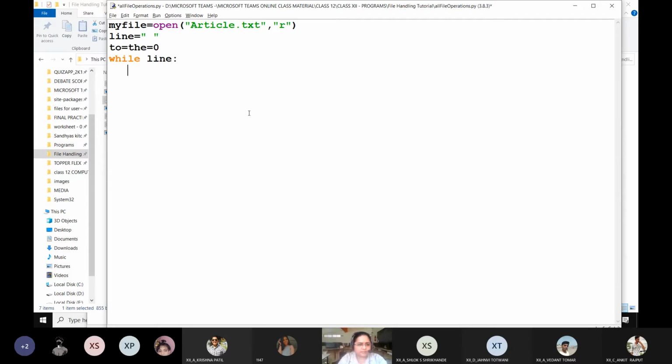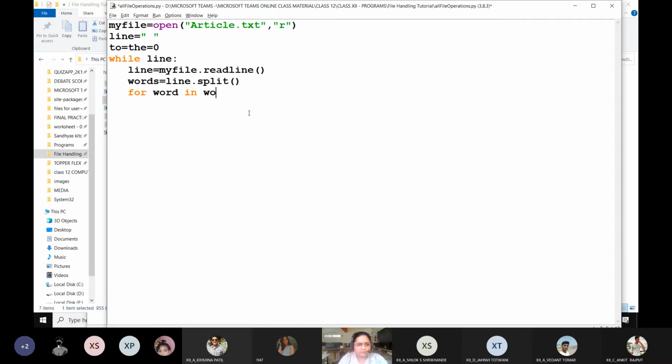While line still contains valid values, line equals myfile.readline(). Now, line is what? It is a single line and it is a string. So as we had discussed, we are going to convert this into a list. So words equals line.split(). It will split it based on space.